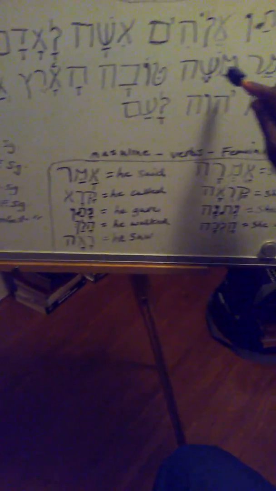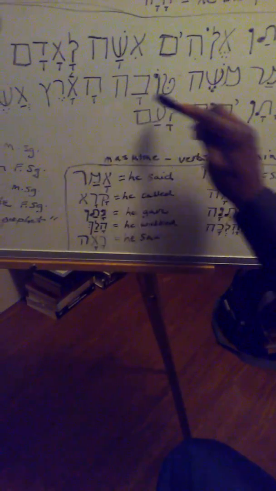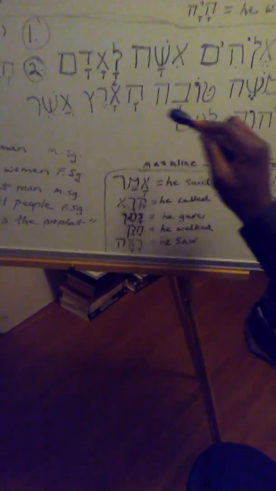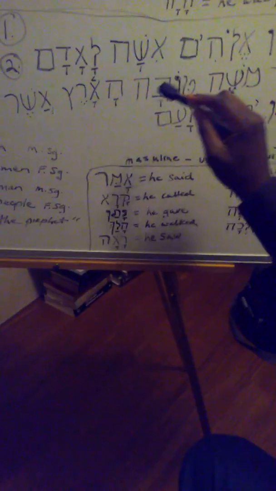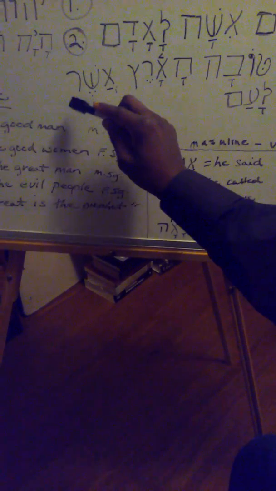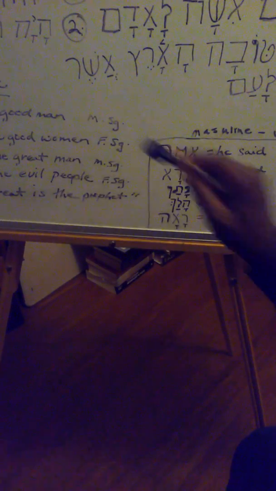So let's look at it. Moses said, good, because again, the adjective precedes what? The noun. So it's a substantial. Good is the earth, which